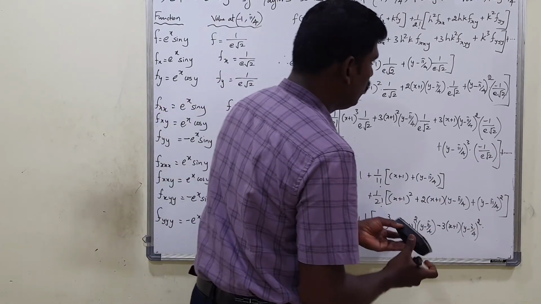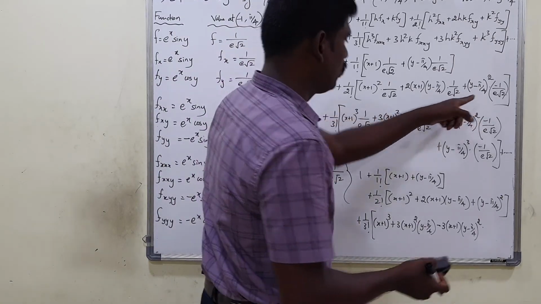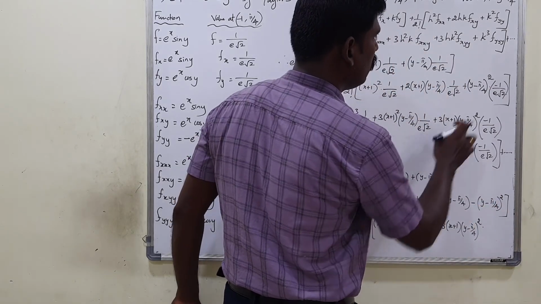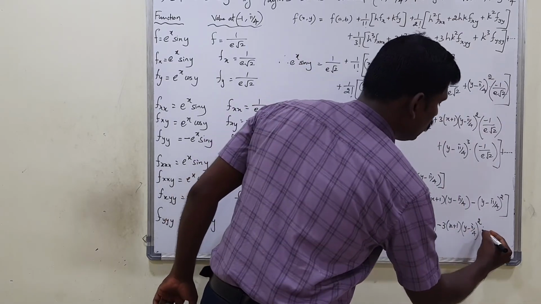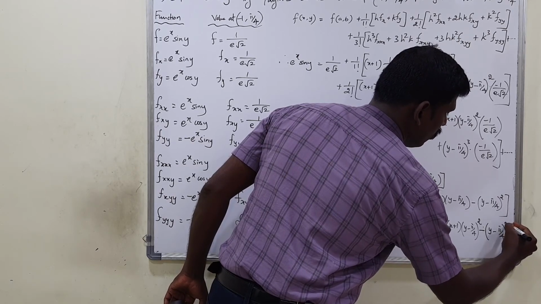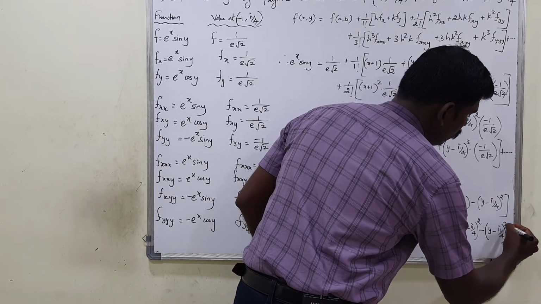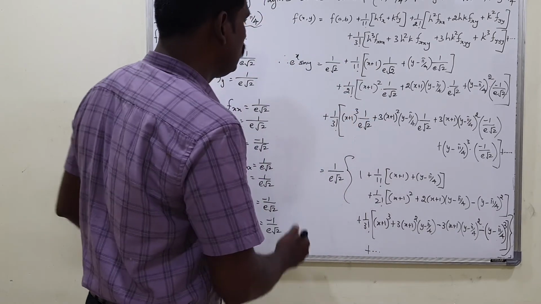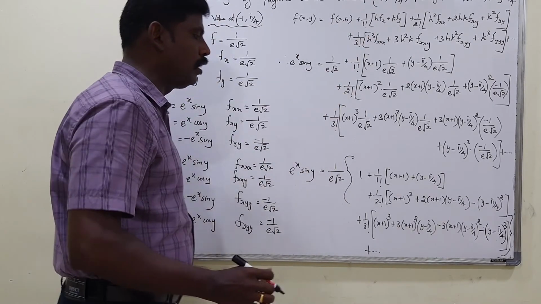So I am mistaken in the second one also. Here it is minus 1, so you have to write it as minus 1. Right? Minus y minus pi by 4 the whole square. So the last term is also minus y minus pi by 4 the whole power, sorry, 3. Plus dot dot dot. So this is the Taylor series expansion of the function e power x into sin y at the point minus 1 comma pi by 4.